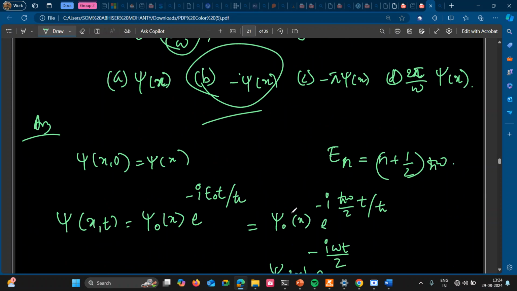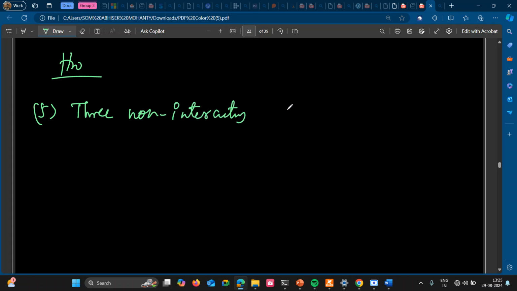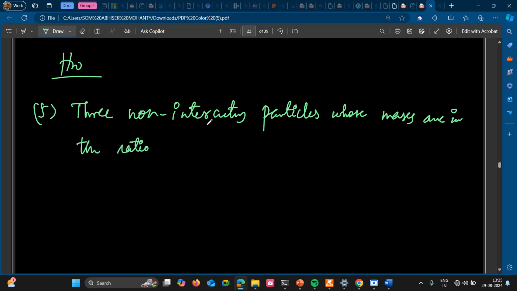Okay, write a homework. This one you will try also. Same type of question, question number 5. Three non-interacting particles whose masses are in the ratio 1 is to 4 is to 16 are placed together